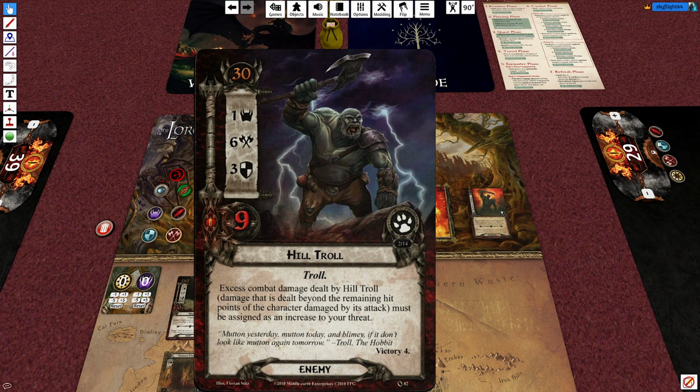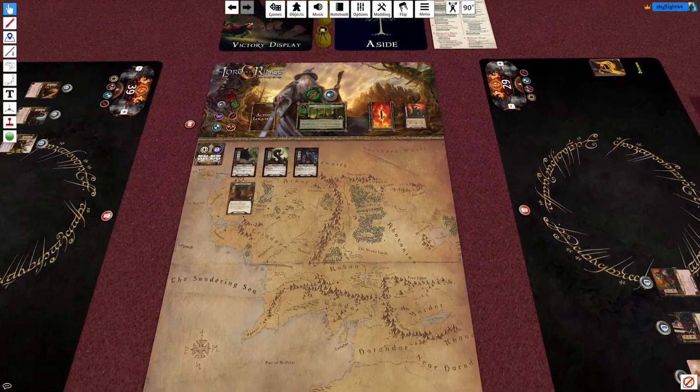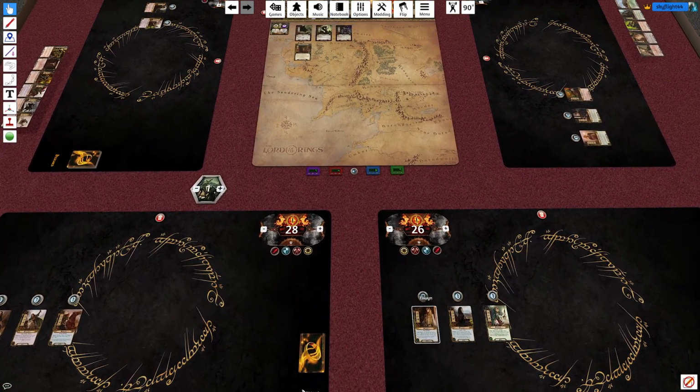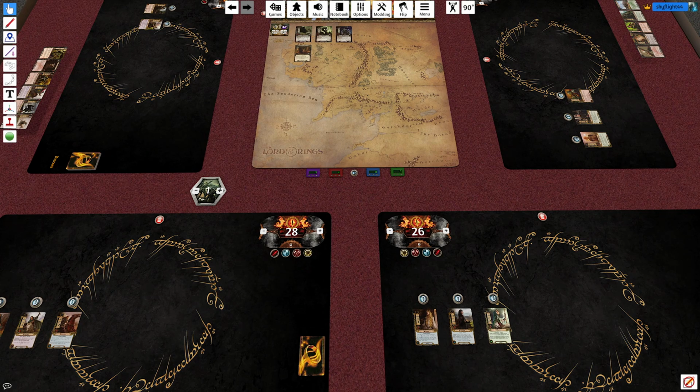The hill troll is the entire reason why this scenario is memorable. Even though it's not unique to this scenario, the hill troll is also the factor of this scenario that has changed and molded how people view deck building. If you notice, all of... Oh, this one has to be 29. I didn't reset that. But all of my decks run less than 30